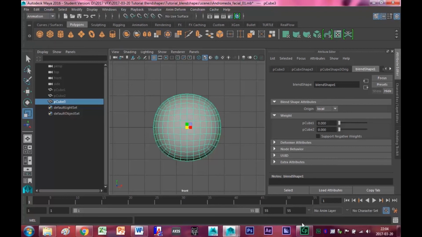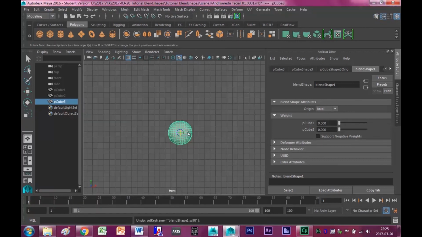So let's keyframe those controls to make our ball bounce. Go to the first frame and set keys on both of the controls. Change the squeeze control to 0.5.